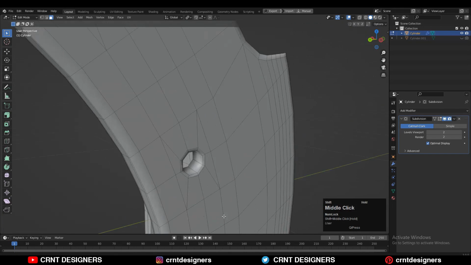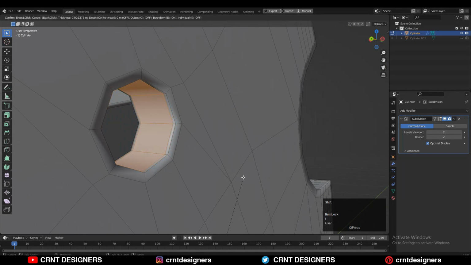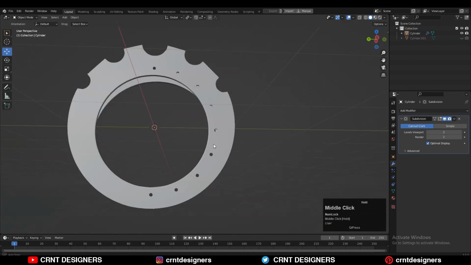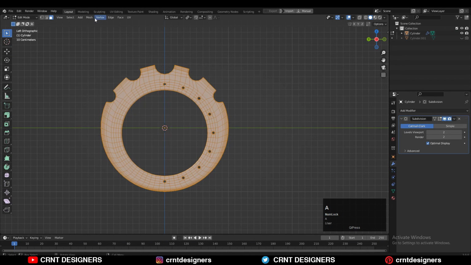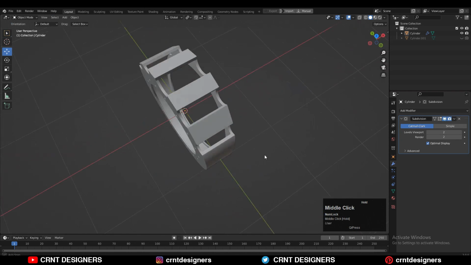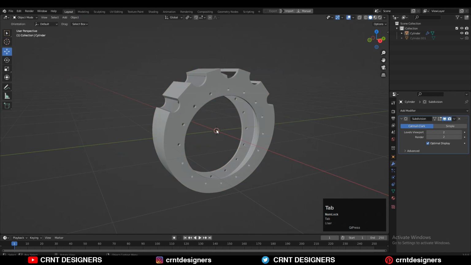Then you can select these face loops with Shift Alt select, and then use the insert operation there. So press I for the insert operation, and then go to edit mode, select everything, and take the symmetry: Mesh, then Symmetrize, along the X and Y axis, and now your design is ready. It looks pretty good. I just want to add a few more details there.